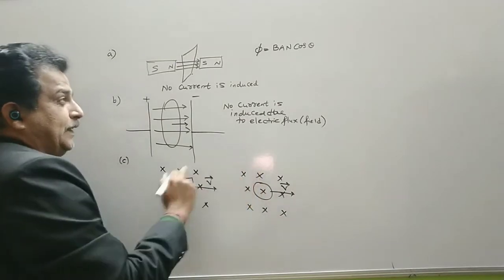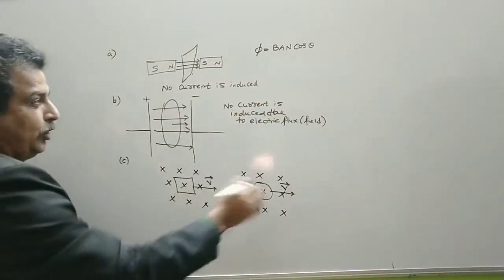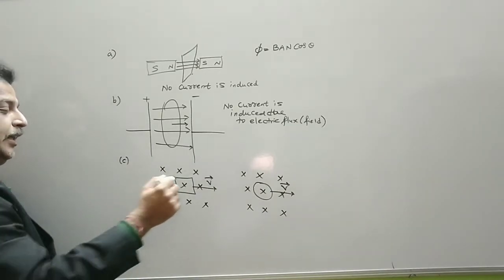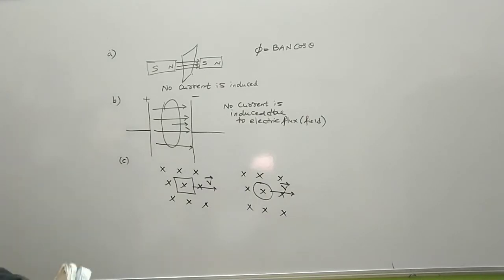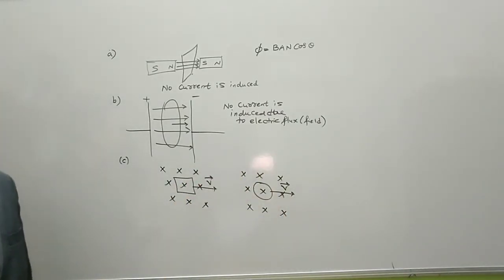Here in both the cases, the magnetic field is the same. Number of turns are not there. Orientation is the same. The area vector is in the direction of the magnetic field intensity. So theta is 0. The flux is maximum. V is constant. Now how does the change in area take place?